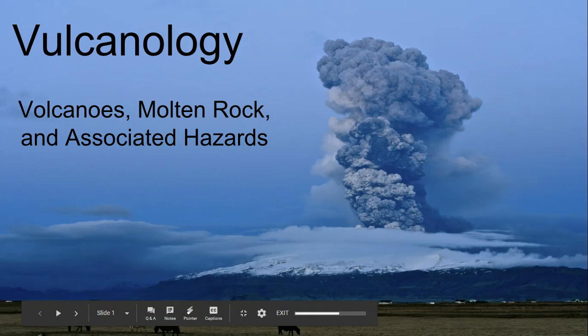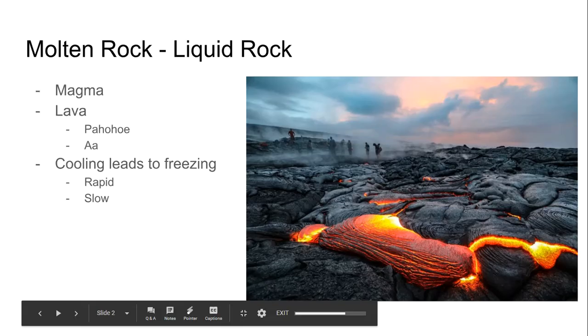And we can't really predict when they're going to erupt. We have some data that gives us some idea when they're going to erupt, but we can't predict it. So, all right, let's talk a little bit about some of the basic stuff that you're all familiar with. Of course, most likely, you're all familiar with magma and lava. We've heard those terms before, anyway.